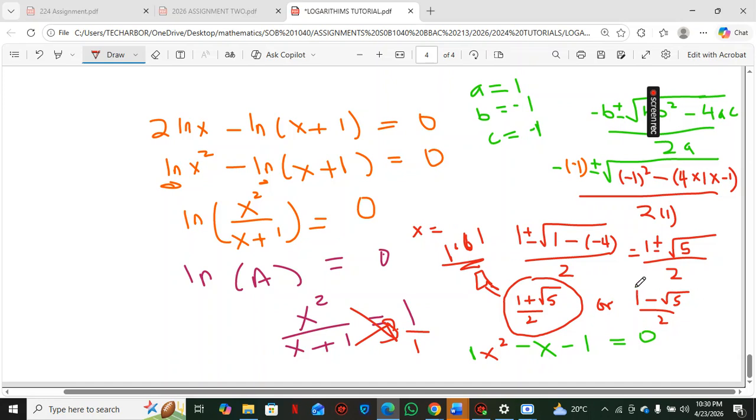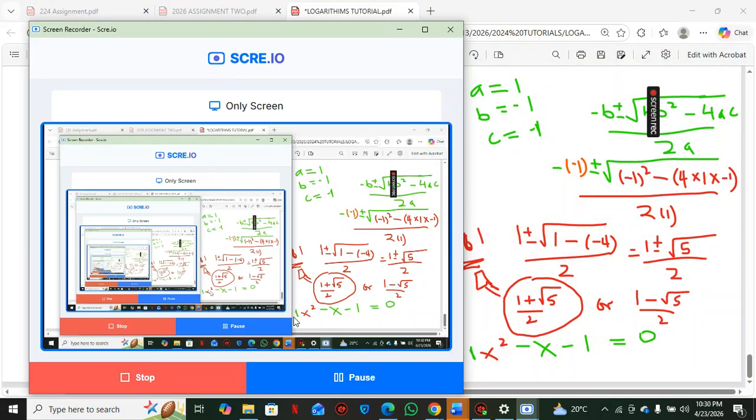As I said earlier, with logarithms, you can't have a negative value of x. That's why I haven't continued solving this negative side here, because I know I'm getting a negative value. Any questions, colleagues? This was a long process. I hope I didn't lose